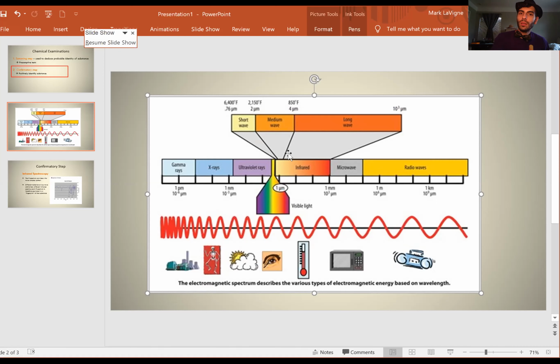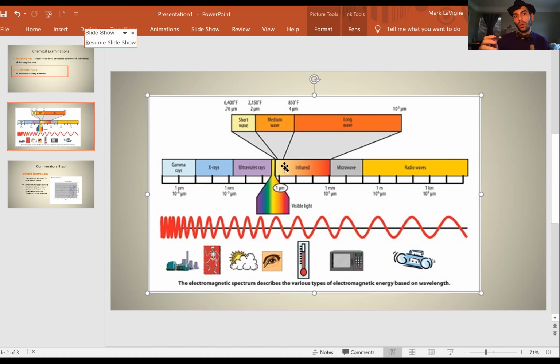And the really awesome thing about infrared radiation is that we can use it to interact with chemical substances, specifically drugs, to give us a confirmation, because infrared radiation interacts with molecules in a unique way. It provides a chemical fingerprint that only that molecule of methamphetamine or that molecule of heroin will have. Okay? So the only caveat with FTIR analysis is that when we're analyzing something using this instrument, it